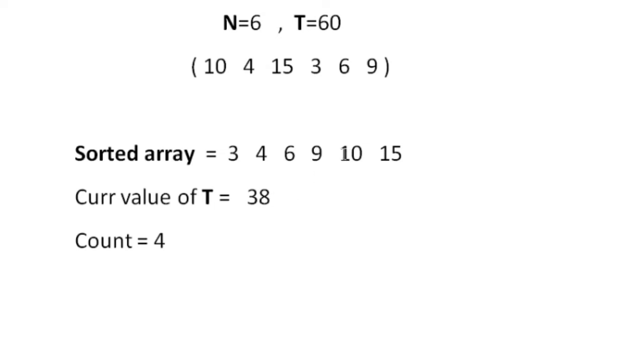Now the cost of the fifth ice cream is 10 rupees. So 38 minus 10 would be 28. And he has bought 5 ice creams. And now the cost of the sixth ice cream is 15 rupees. So 28 minus 15 would be 13. After buying all the ice creams, the boy still has 13 rupees left with him. But our question is only to print the maximum number of ice creams that he can buy. So the value is 6.